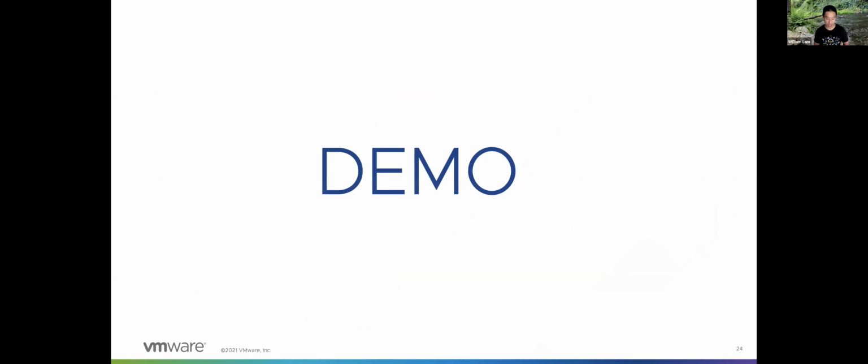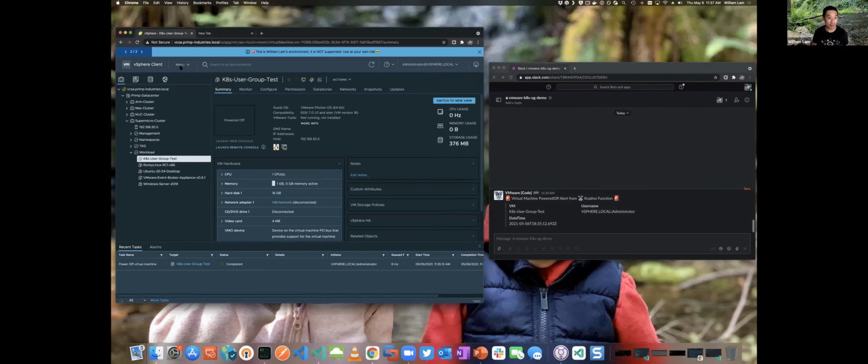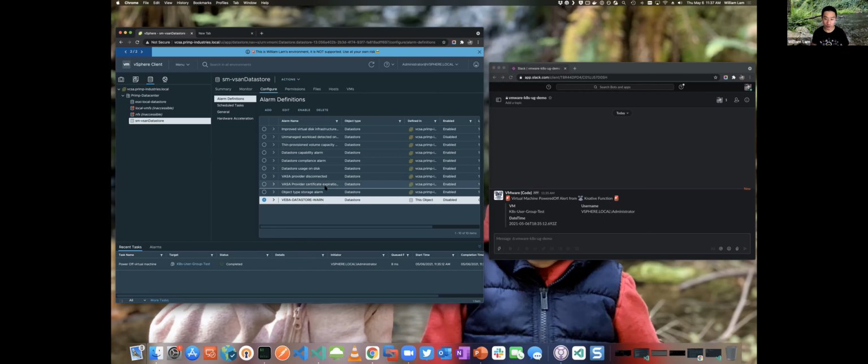Just in the interest of time, I'm going to quickly jump into that demo so you can see what that looks like. Here I have my vCenter event again, and I'm going to go back to my storage. Let's say I have an alarm here. Typically when you get this alarm, you acknowledge it with the vSphere UI. What if we could take that information, get a little more information about that alarm, and then send a notification? Right now I have an alarm definition called data store warn.